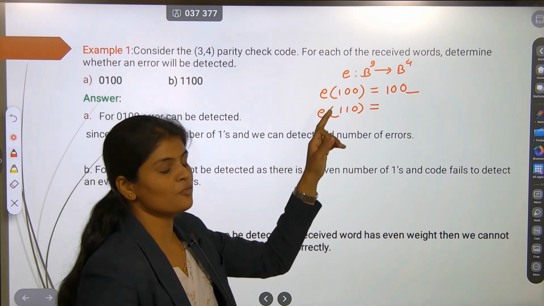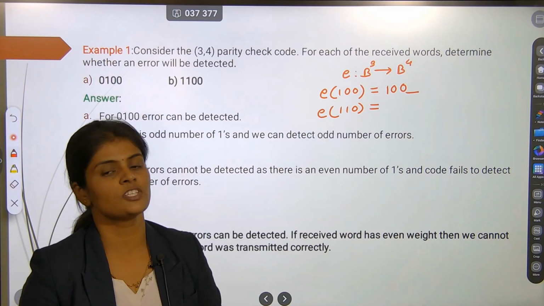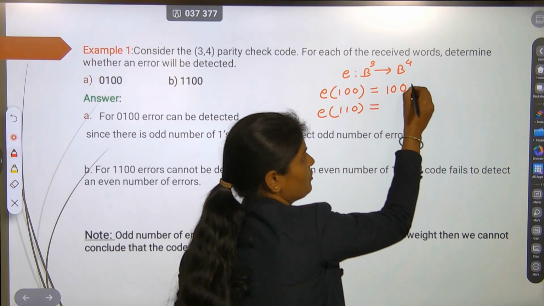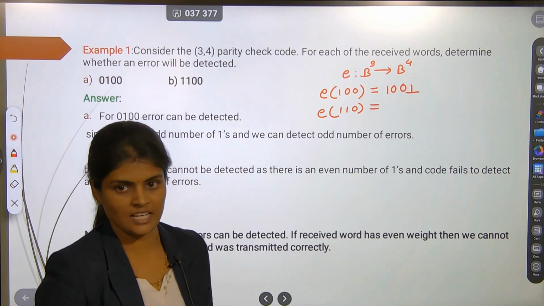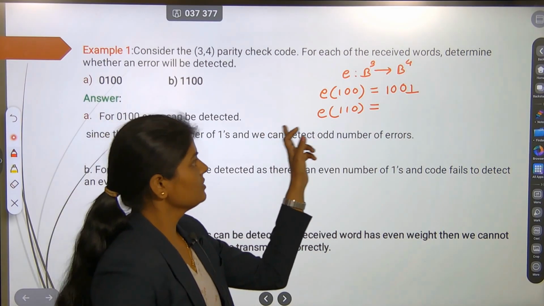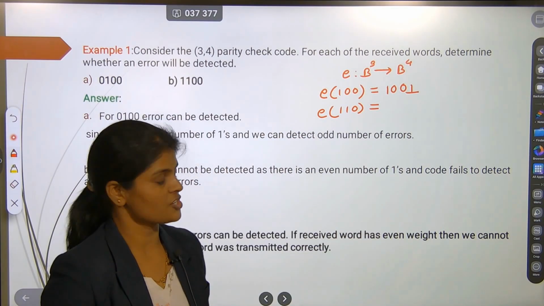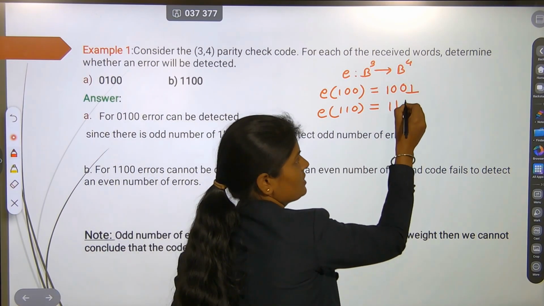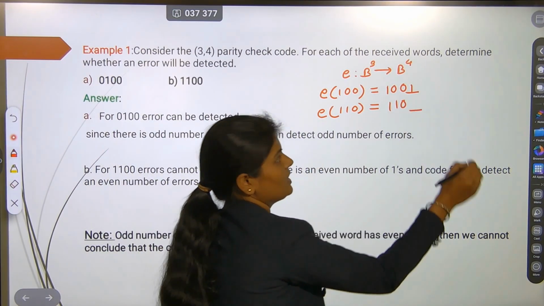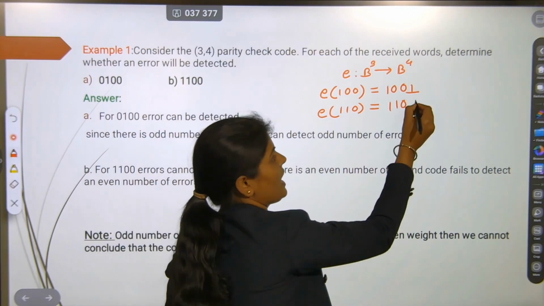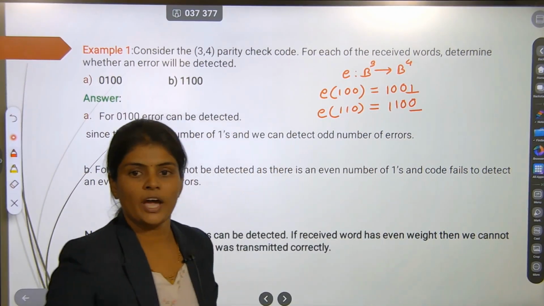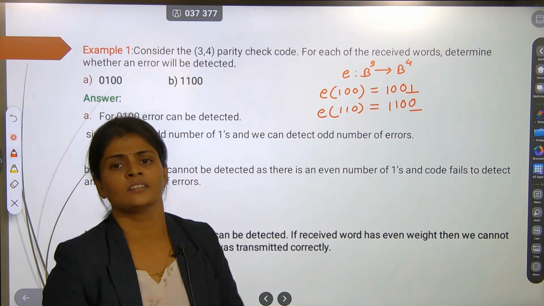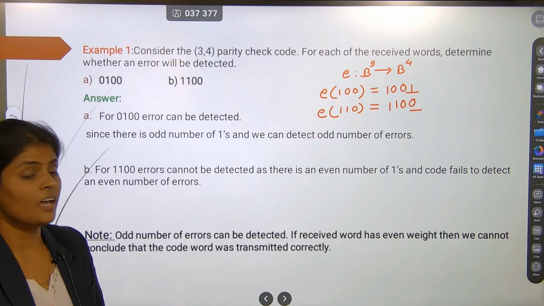The weight of 1 0 0 is 1, which is odd. So for an odd number we put a 1 in the last place. Similarly, if we apply the e function on 1 1 0, the image is 1 1 0 and the last bit is 0, because the weight is 2, which is even. So basically from this example we can conclude that